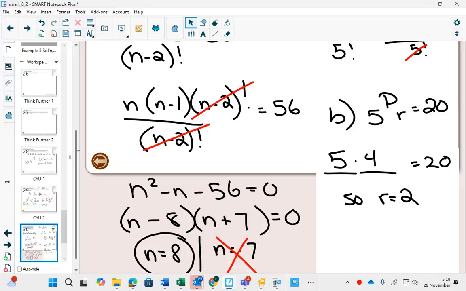And a question for practice on this one is number